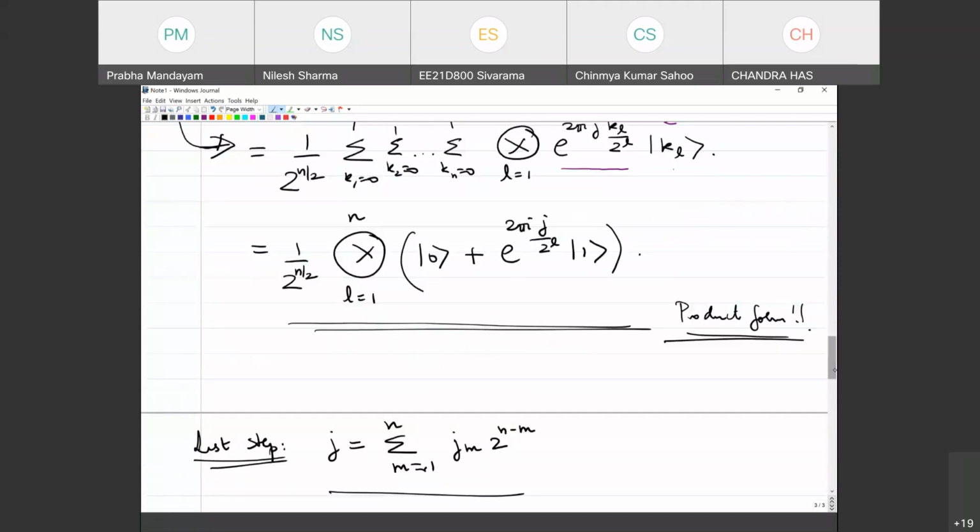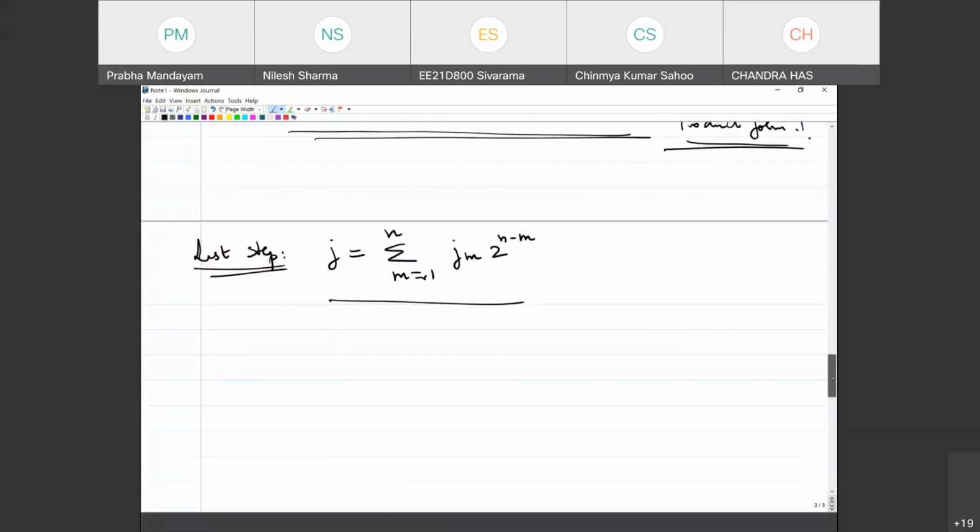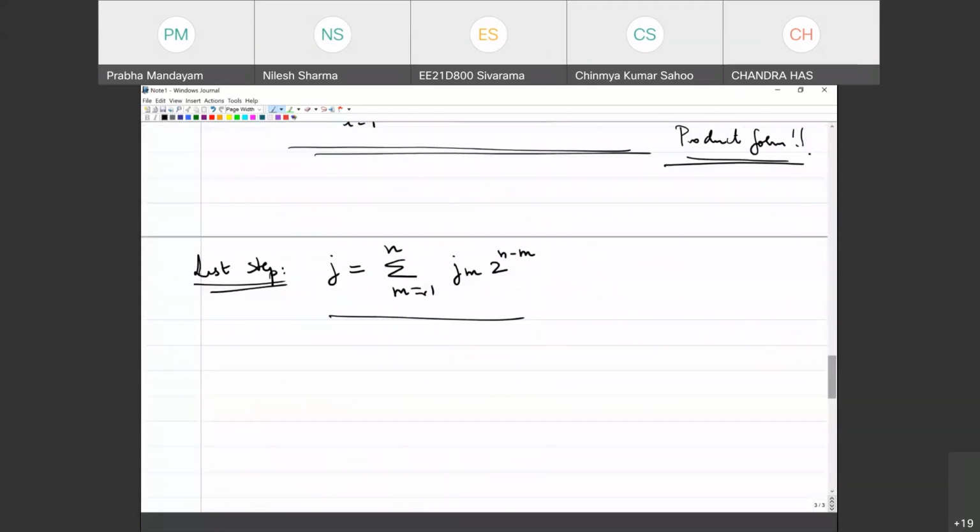And then you can write down what it is when L is 1, it's J over 2, which means what happens out here, you end up with a sum over M going from 1 to N, you will have Jm over 2, right? So anyway, let me just expand that out. So let me say that this now can again be written as